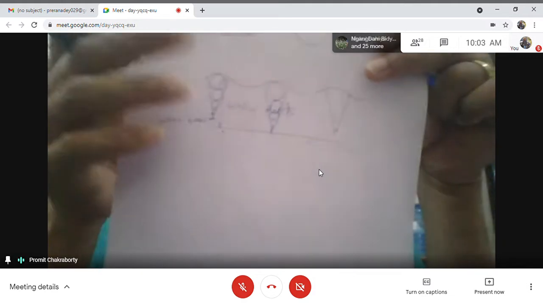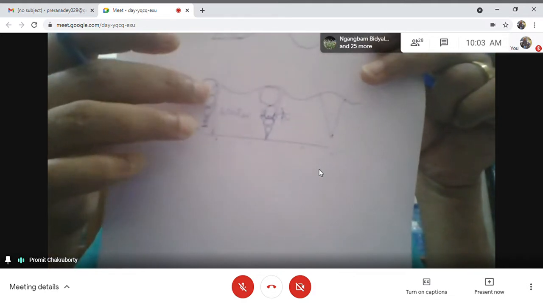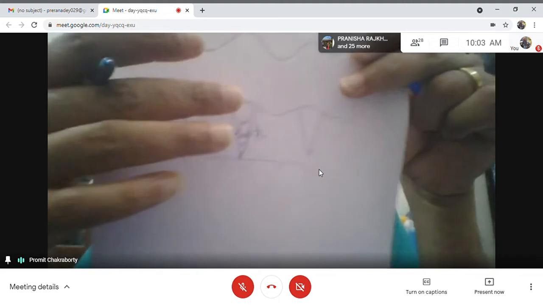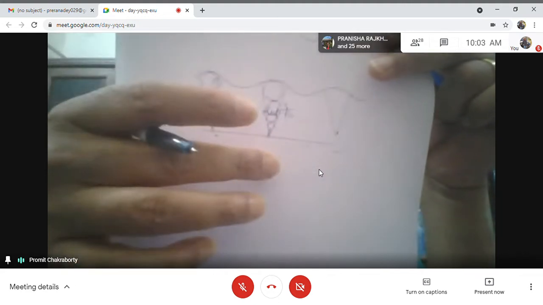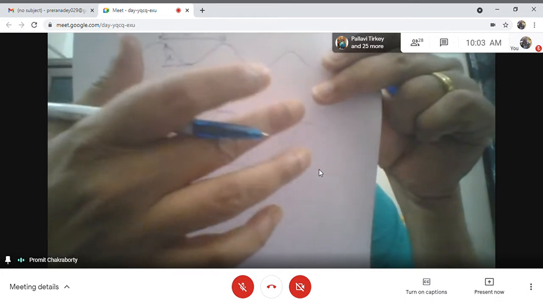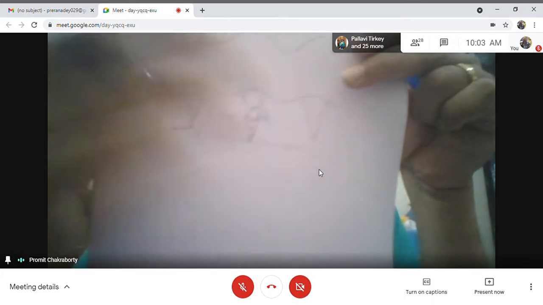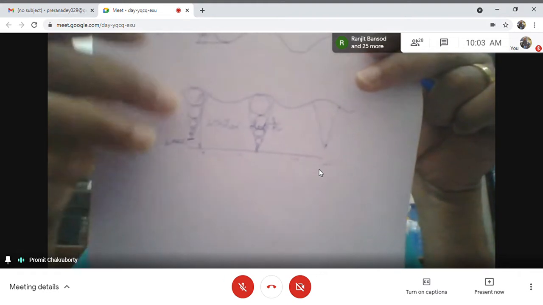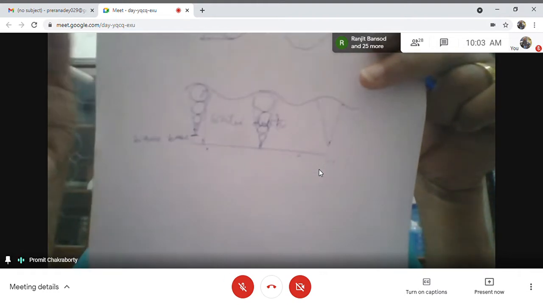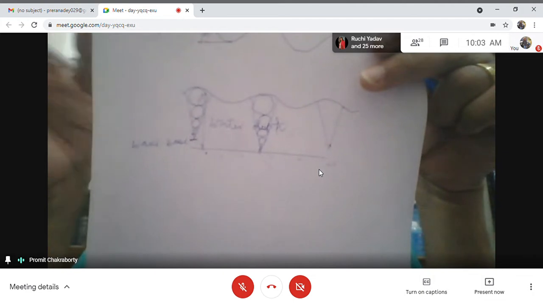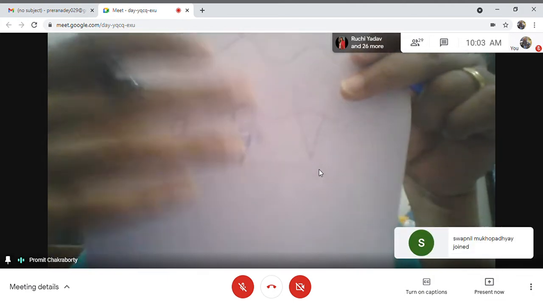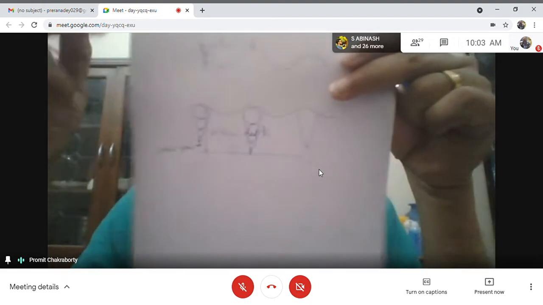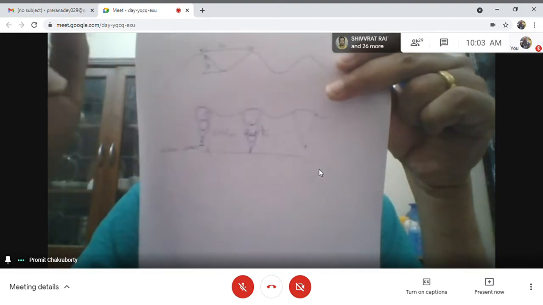Now, you see there are several waves. This first wave, its wave base doesn't touch the surface. Whereas the next wave, its wave base touches the surface. The third wave again does not touch the surface. Now what does this mean? This wave will have no effect on the sediment movement, because its entire energy is dissipating within the water column. But the second wave, as it is touching the sediment surface, will cause the sediment to move.